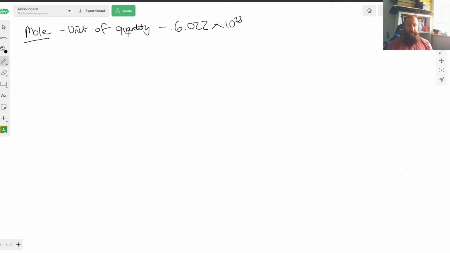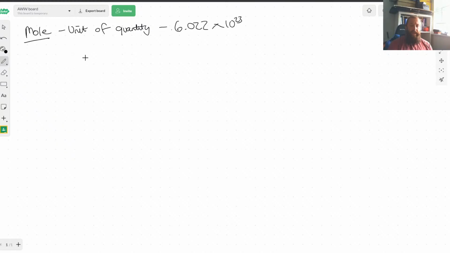The reason we use it is because what we want to be able to do, and it's sort of leading into the next part of this lesson, is if we're doing a chemical reaction, we need to make sure there's no wastage. So we need to make sure that when we're reacting chemicals together, we have the right amount to make sure it reacts fully. So one of the things we use moles for is, if I've got a reaction,